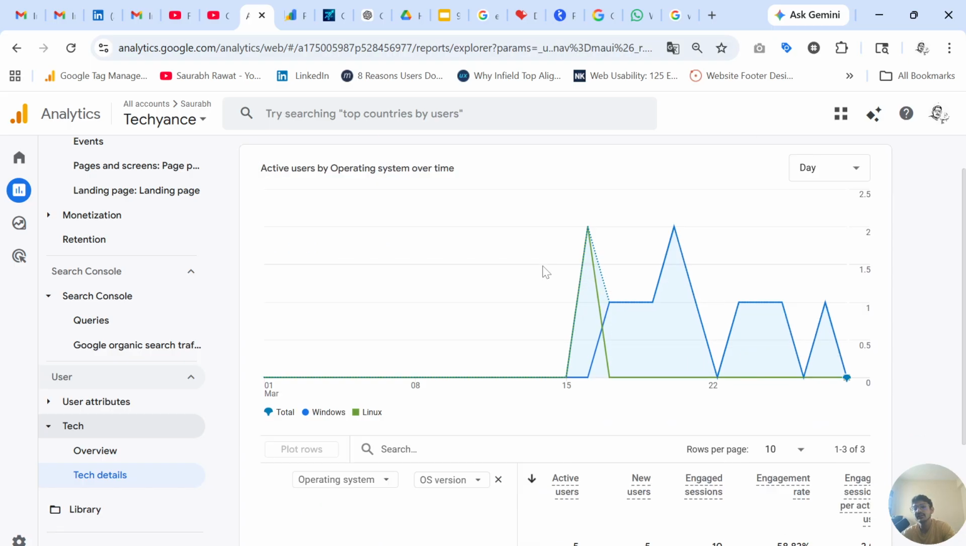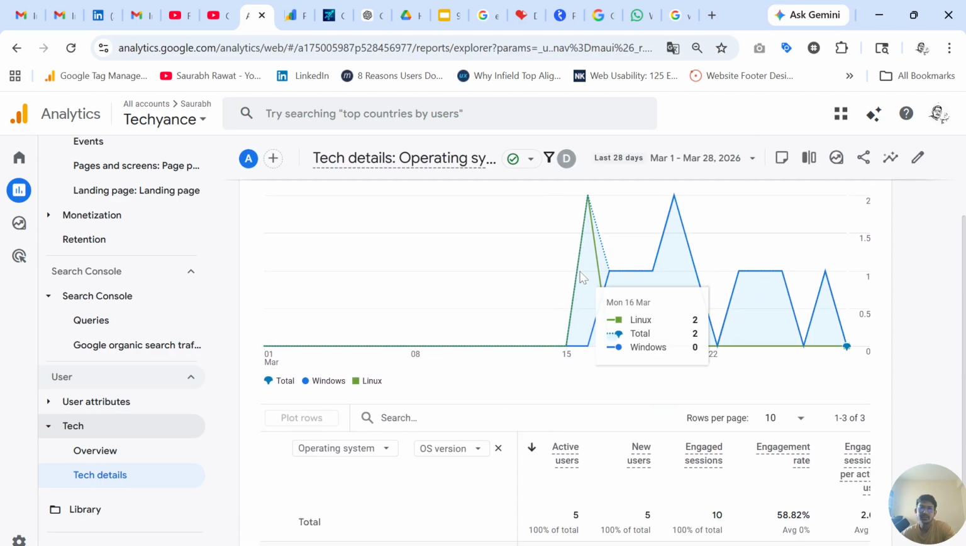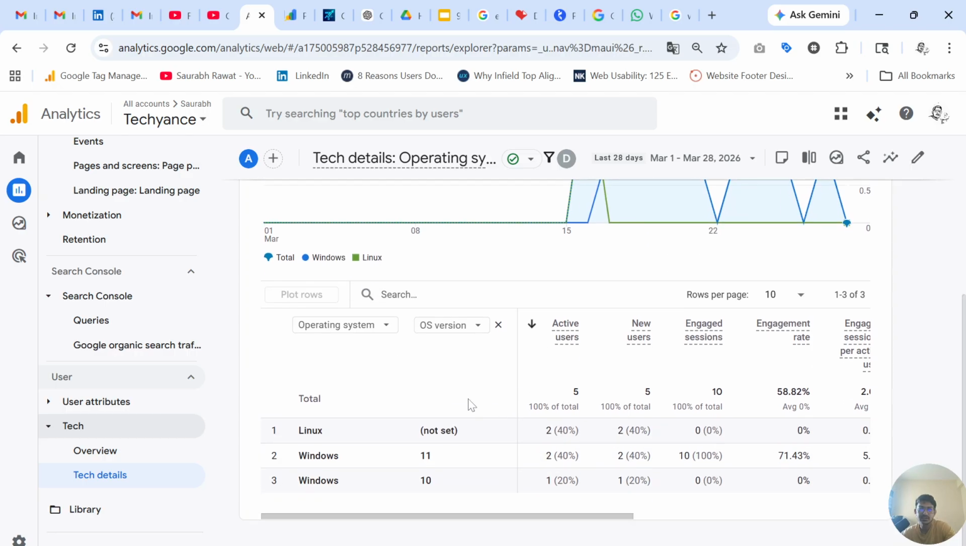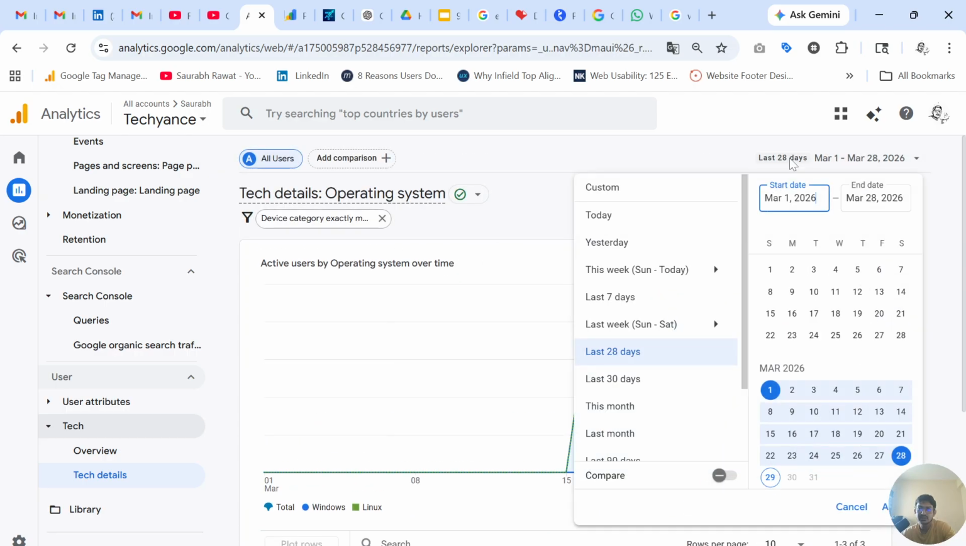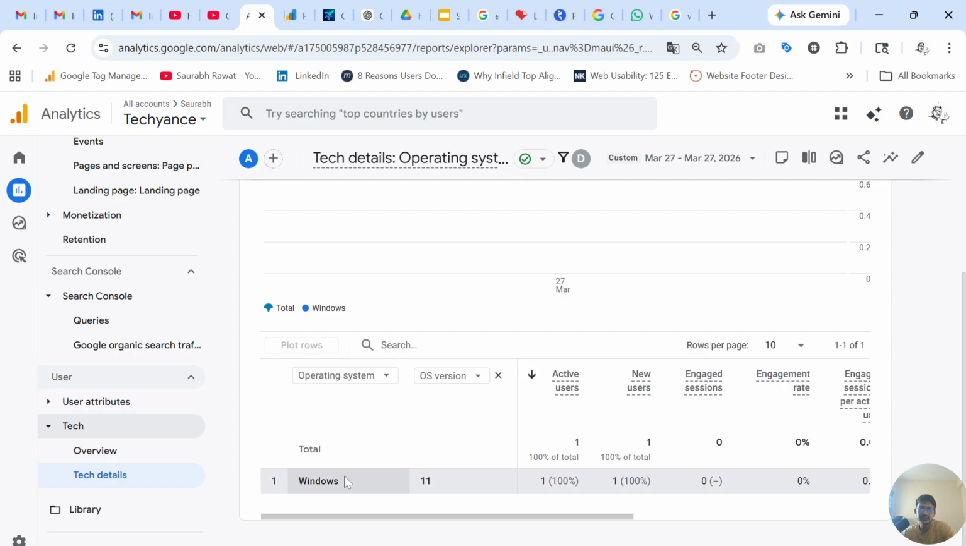If you are getting traffic from older versions of Chrome or operating systems, then it might be possible that you are getting spam traffic or bot traffic, and you can analyze it. If you see any spike, you must analyze. You can choose the date. Suppose you got a huge spike on 27, you can click here and then apply, and then you can analyze